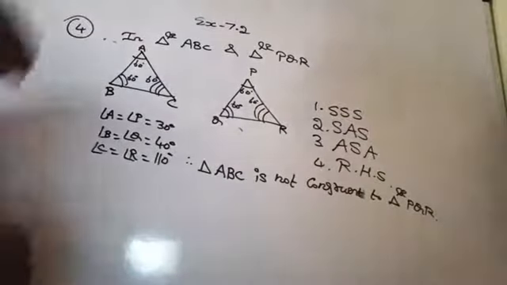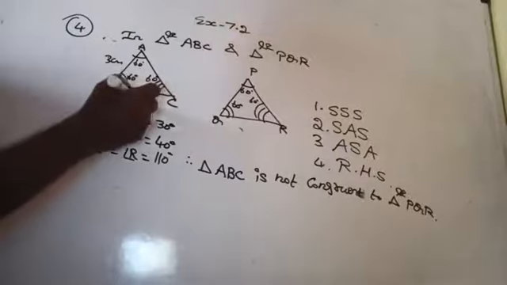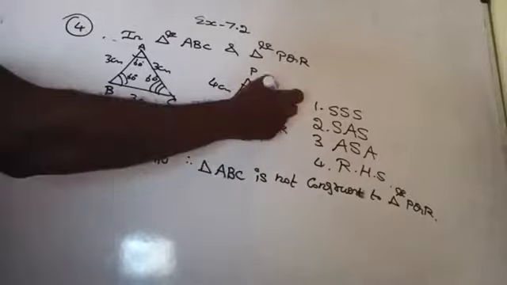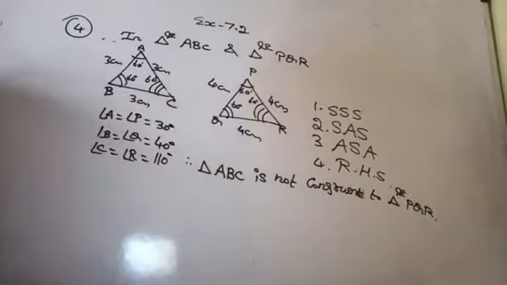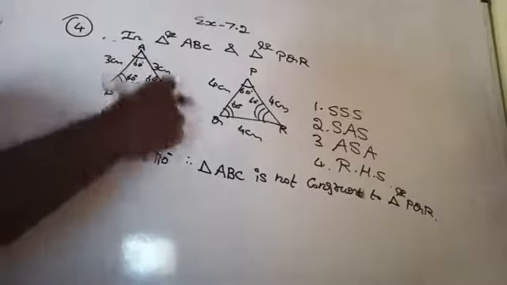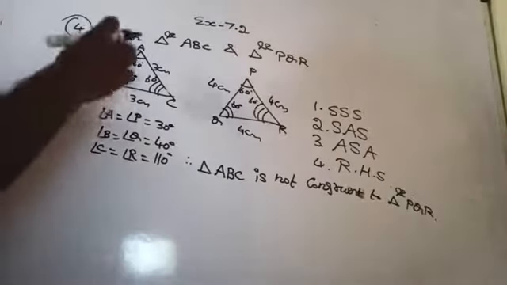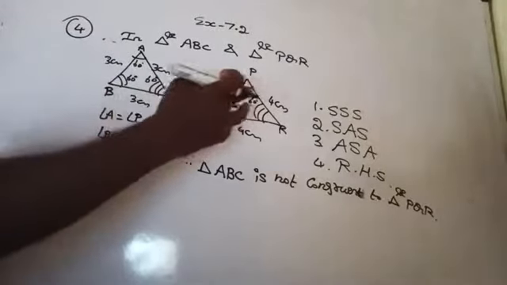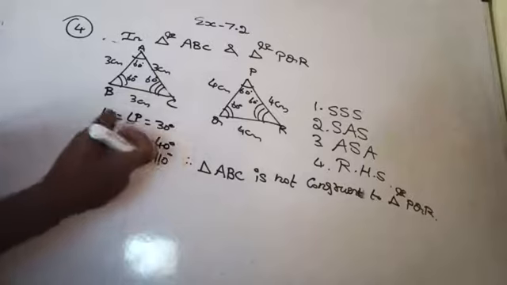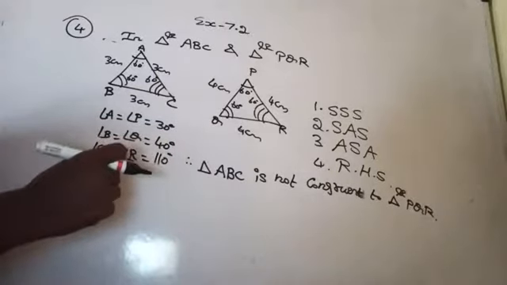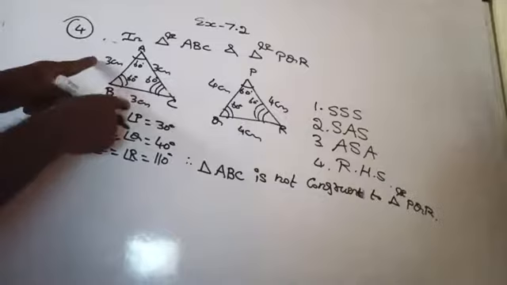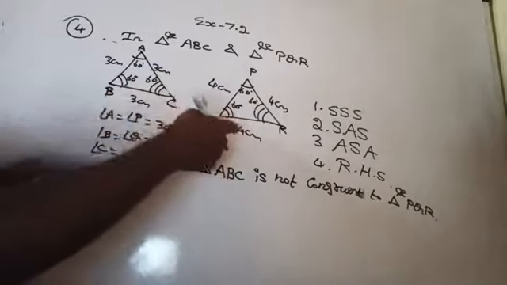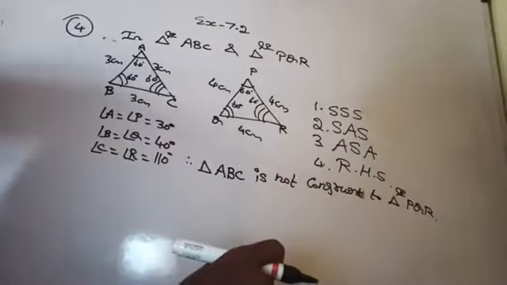So I am taking 3 centimeter, 3 centimeter, 3 centimeter everywhere. Here I am taking 4 centimeter, 4 centimeter, 4 centimeter everywhere. These 2 triangles are equilateral triangles, because all the sides are equal and all the angles are equal. But it will not come under SSS, because 3, 3, 3 here and 4, 4, 4 here. Am I right? After that SAS, that is one angle included between the 2 sides. Here 60 degrees is included between the 2 sides, but the sides are different. So it is not coming.